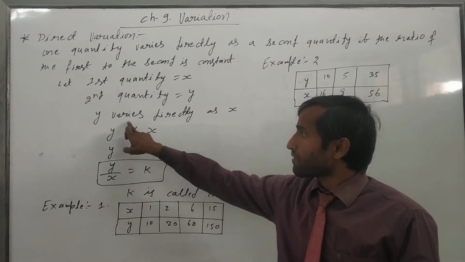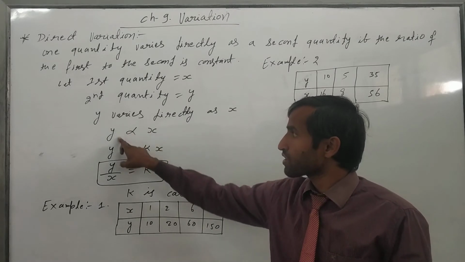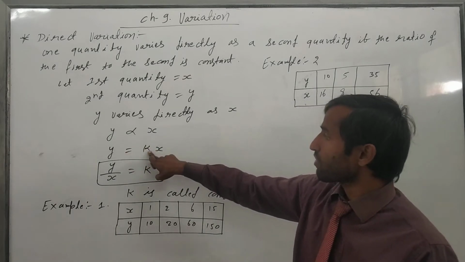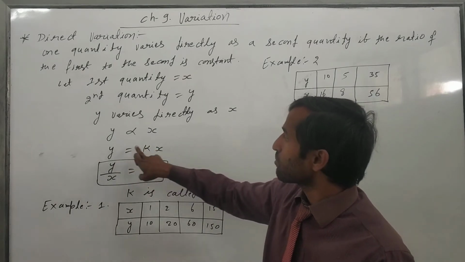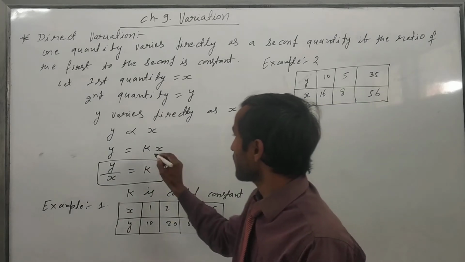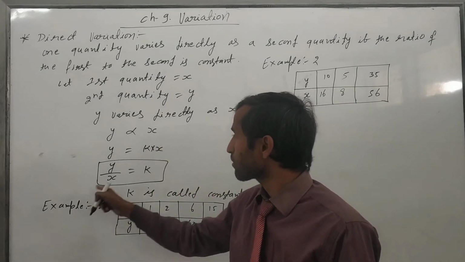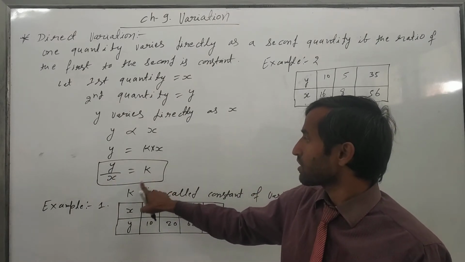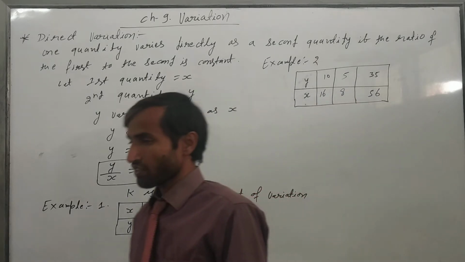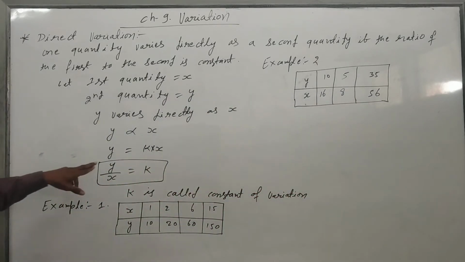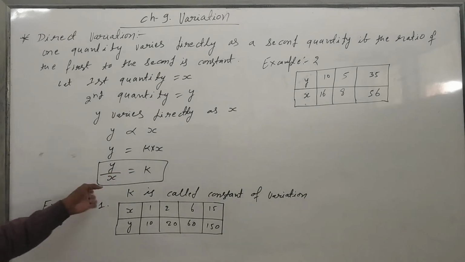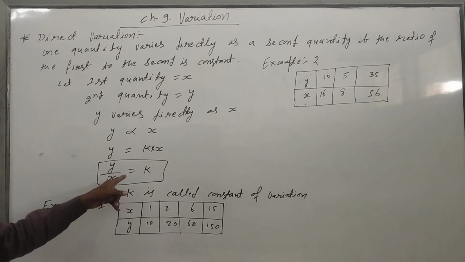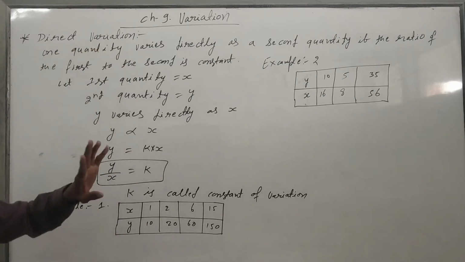This symbol is called the proportionality symbol. When we remove this symbol, it becomes a constant k. So y is equal to kx. Here the multiplication sign is there, nothing written. So x will go to that side and become divide. So y upon x is equal to k. It is constant, so k is called the constant of variation. If these types of expressions come, and every constant is the same, then it is direct variation.